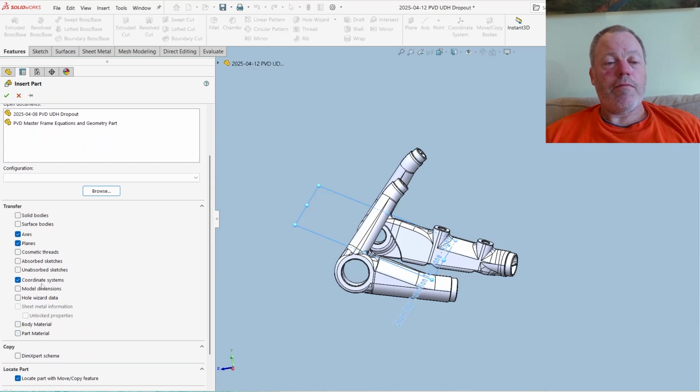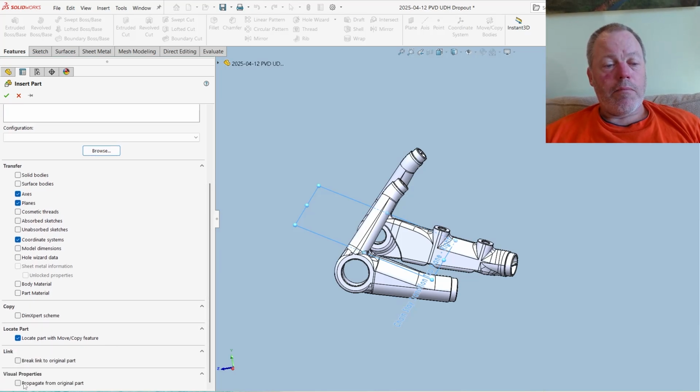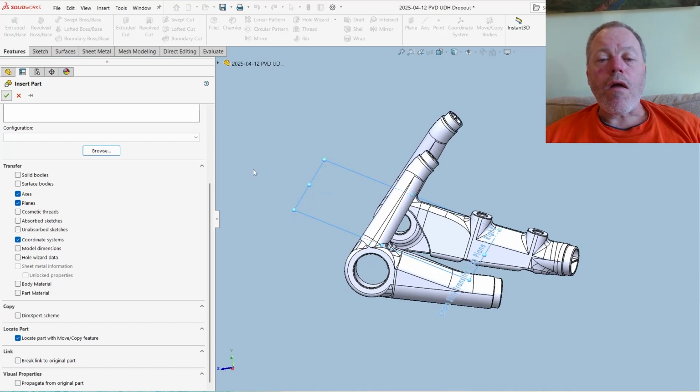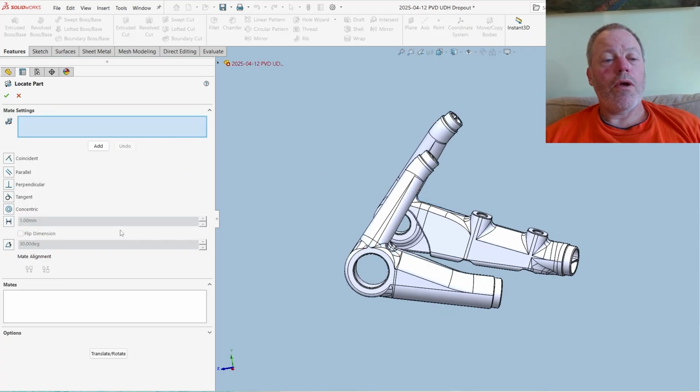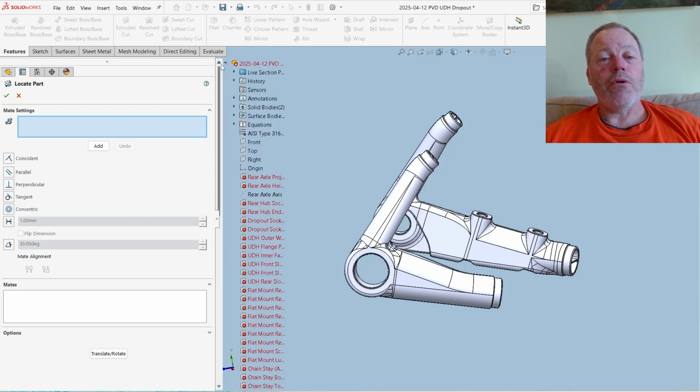I don't need this information. I'm just going to get some coordinate positions and axes and planes. And if you don't see, it locates with move copy feature. So we go here. And now it's going to go, okay, where do you want this thing and how do you want it? So I'm going to select the origin,